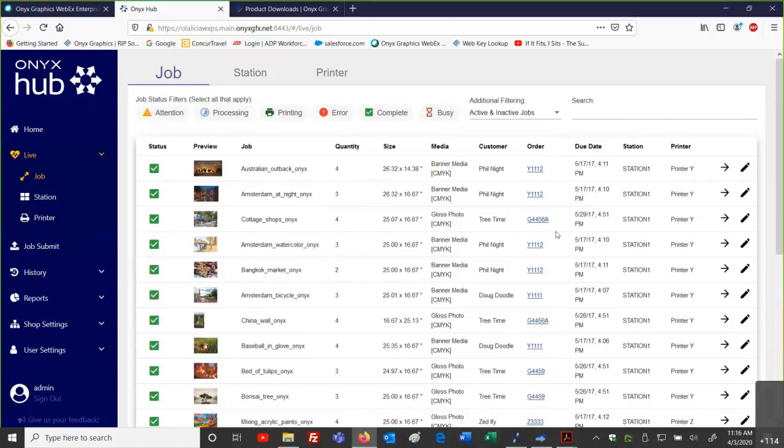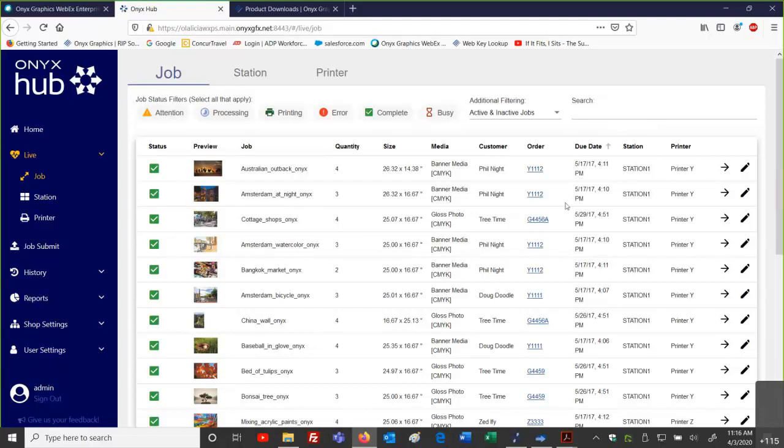Okay, and then the printer designation. We've got our printers labeled as XYZ and so forth, so just generic names. When we look at this information for the customer name, the order, and the due date, this information is our metadata. This is the static metadata that we could be typing in when we work with our jobs live.